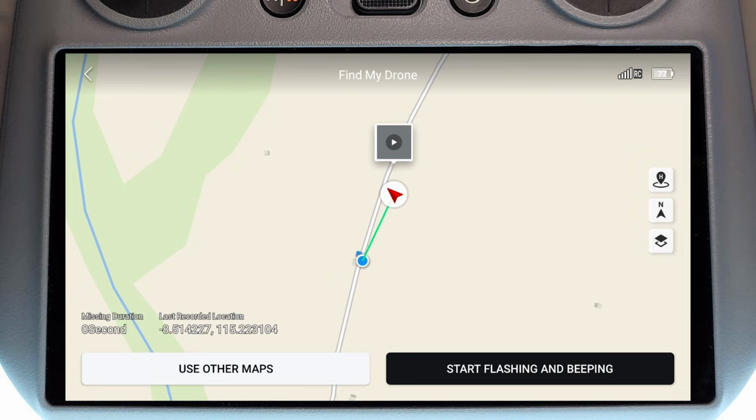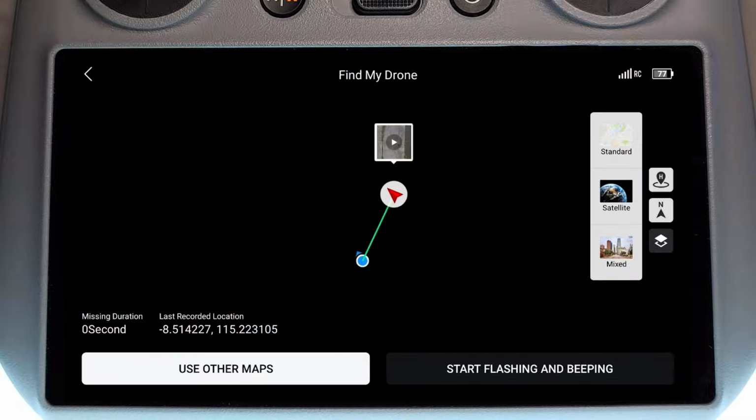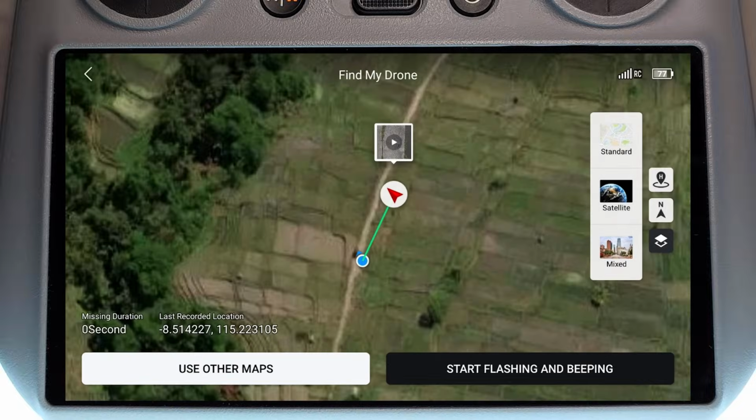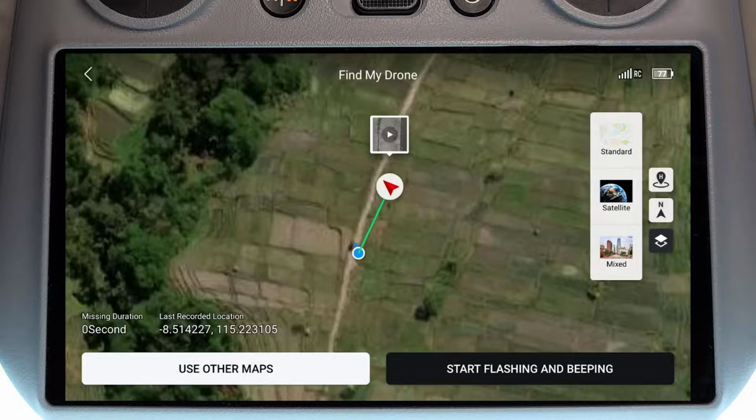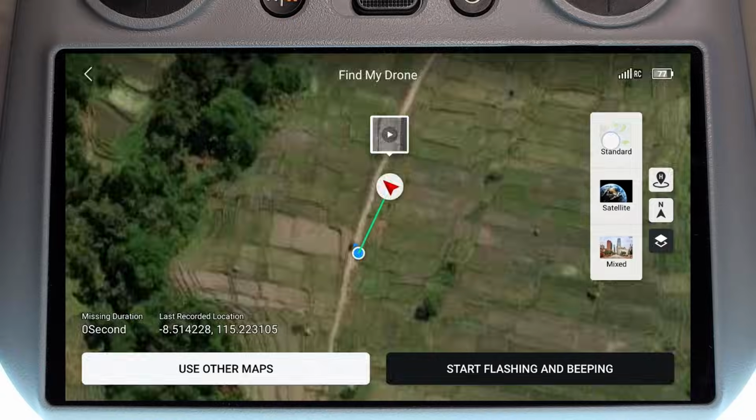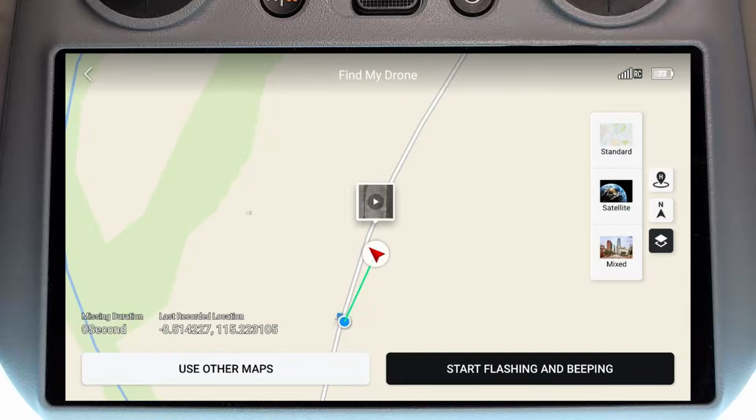So whilst you're on the map, you can also do things like, if you click on this button here, we can change the map view from satellite to standard, mixed, or satellite, and you are going to need an internet connection. So I'm currently just hotspotting off my phone, so I can see a satellite image here, and that might help you out a little bit better to find where the drone is. But in this instance, I'm going to go back to standard,